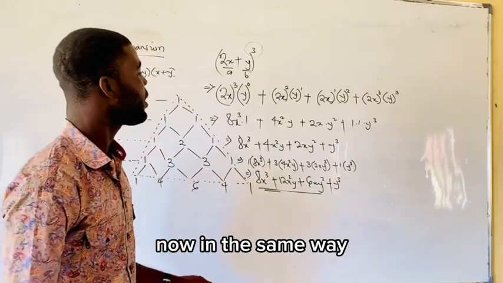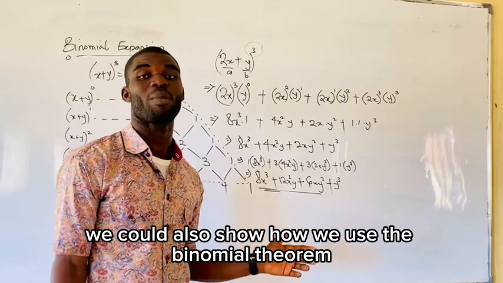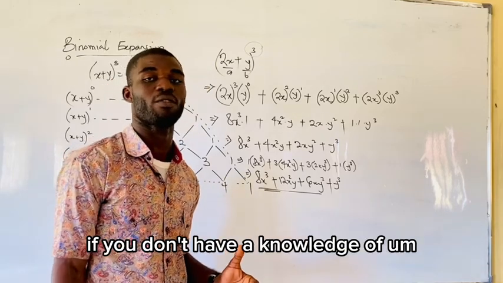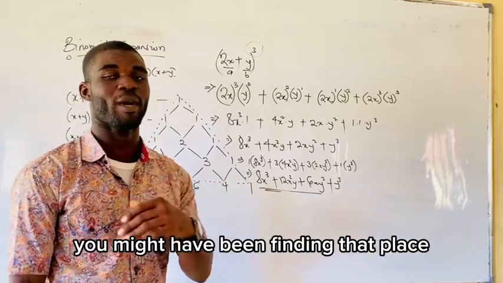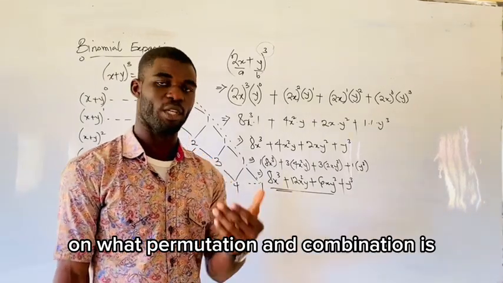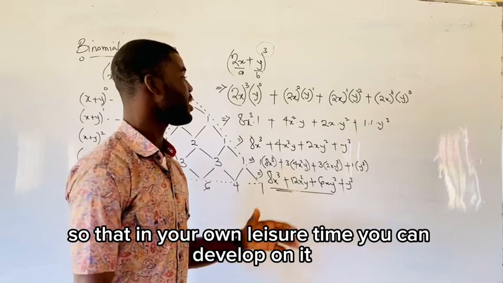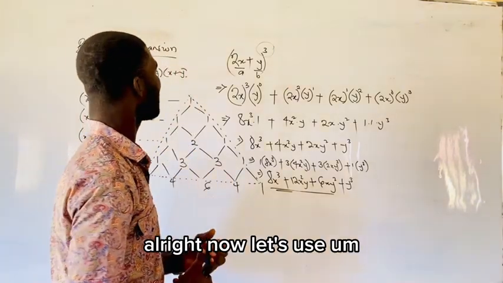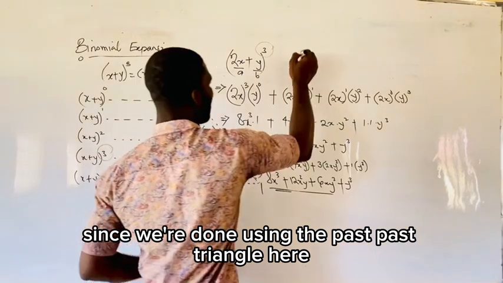Now, in the same way, we could also show how we use the binomial theorem for this case. In the binomial theorem, if you don't have a knowledge of permutation and combination, you might find that place a little bit difficult, but we'll do a fast review on what permutation and combination is, so that in your own leisure time, you can develop on it. All right, since we're done using the Pascal's triangle here,